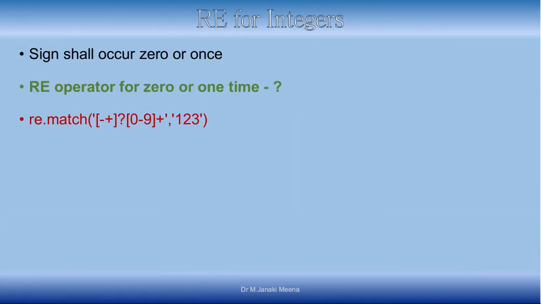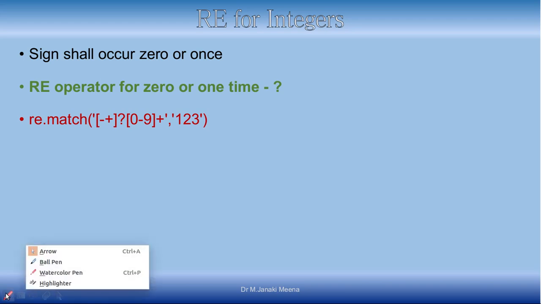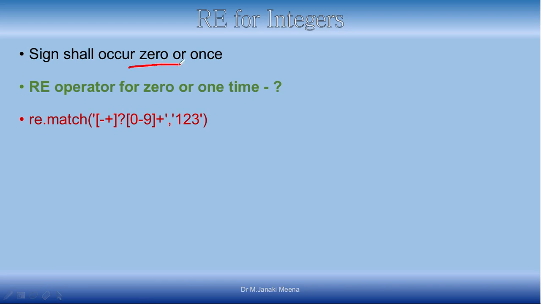One more thing that we have yet to know in regular expressions is how to say that something should occur 0 or once. That is the point here, right? So the point that we should know is how to say that something will occur 0 or once alone. It should not appear more than one time, right? There is a way. The operator is question mark. So when you put a question mark over something, then it can occur 0 or one time. This is how we will give it for the sign.